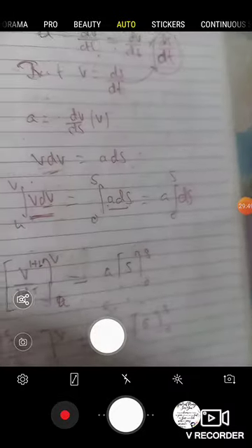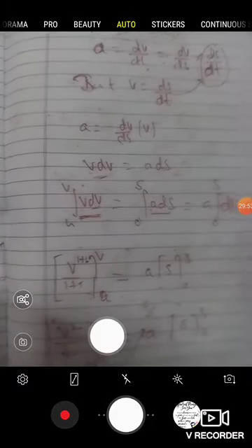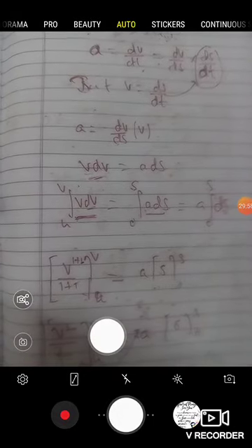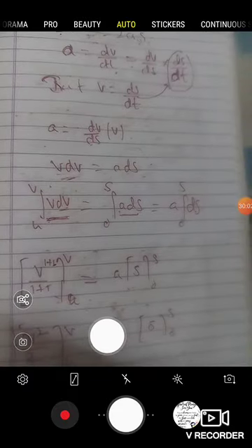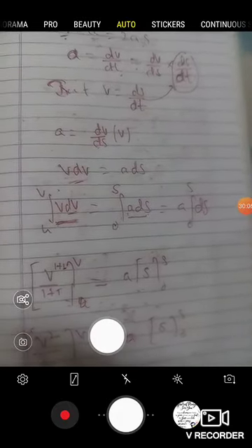So in this whole concept we have learned that we can use the calculus method. This is also known as the integration method and calculus method, to derive the three equations of motion. The same thing I will explain to you in the form of PPT also. So please concentrate when I will explain with the help of PPT.